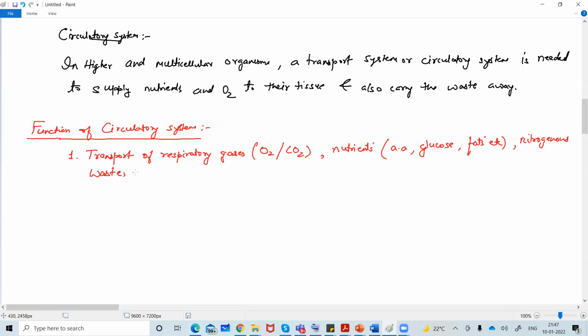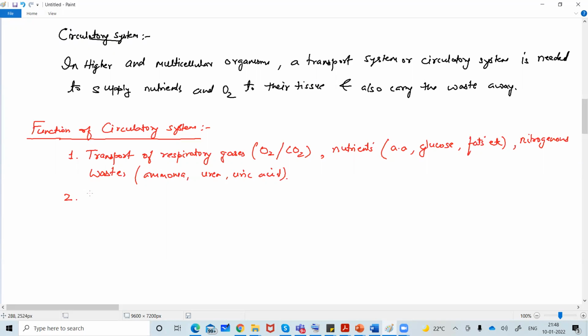Right? Nitrogenous bases. What are the nitrogenous bases in the body? Do you have any idea? Ammonia, urea, uric acid. Yeah, you can say ammonia. Correct. Urea, uric acid. Which is more toxic? What do you feel? Ammonia is the most toxic. Okay, we'll discuss this later, not now. Then again, it will take a long time. So that we will cover in the excretory part. Okay, so next function.